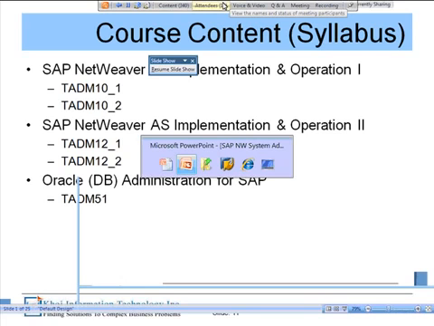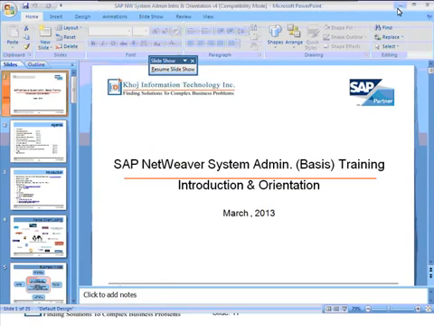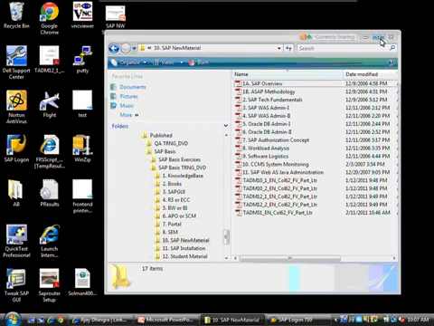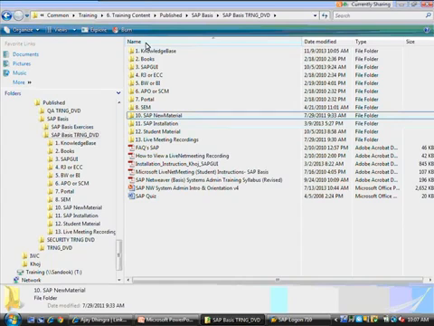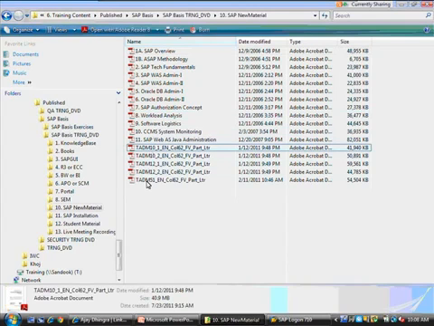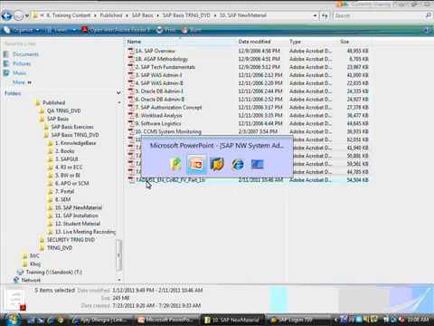The course content, right? Essentially we're going to focus on 5 major PDF files, right? They're going to be provided to you in a DVD, which is going to look something like this. This is how your DVD is going to look like. In there, it's got SAP new material. And these last 5 PDF files are the ones we are going to concentrate and focus on more.